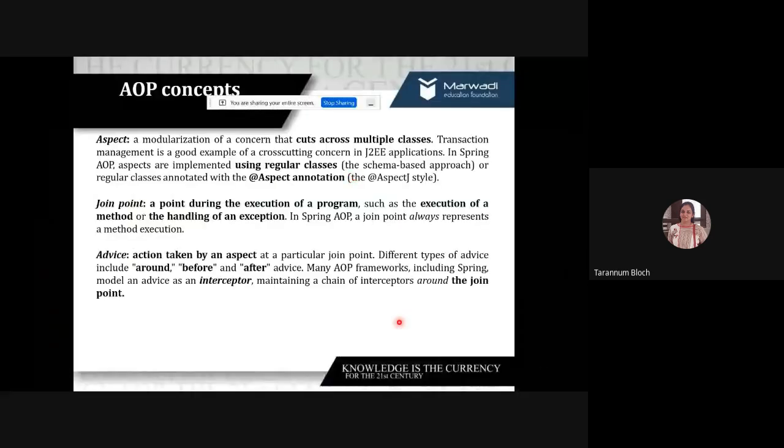So I was talking about aspect. I said basically an aspect is a small class, right? An aspect is a class which cuts across multiple layers. It means that a class object which will be used at multiple layers, we call it an aspect, right? So you can implement this aspect in Spring either using regular classes, which is the way we have developed up till now.